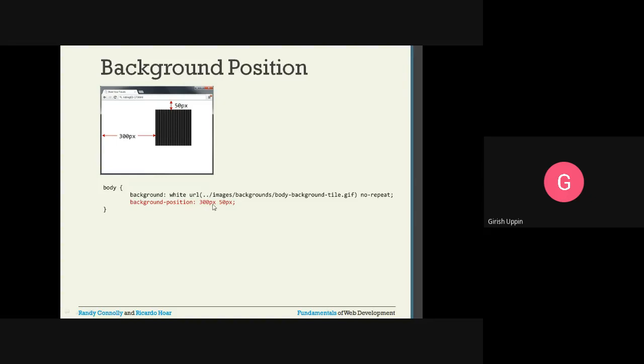We are giving 300 pixel and 50 pixel. So this 300 pixel is the x-axis, and this is the y-axis. It starts from the top left corner, goes to 300 pixel, and from there y-axis 50 pixel. So this is where the image will be placed.